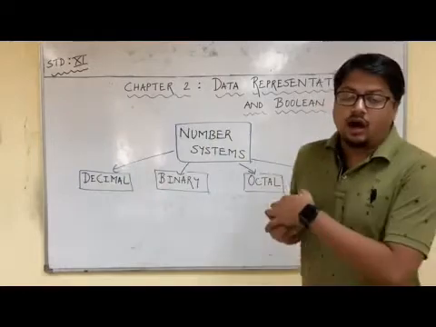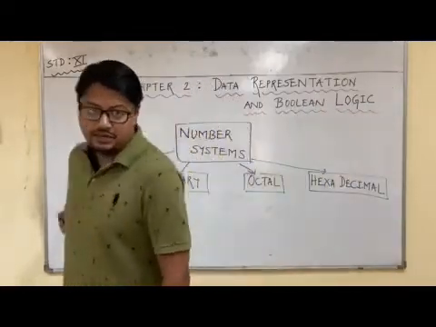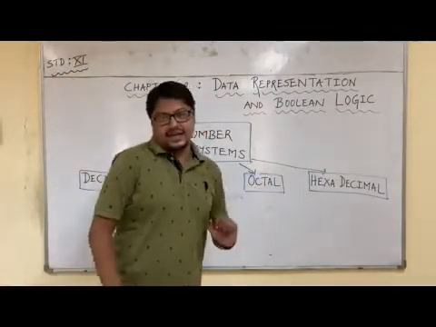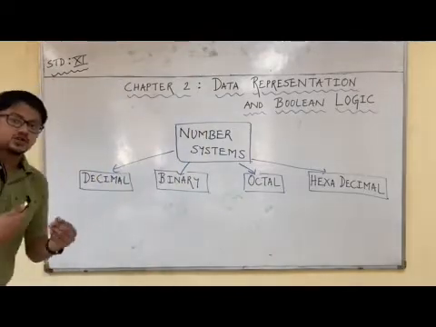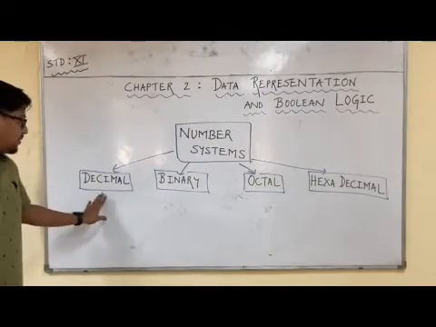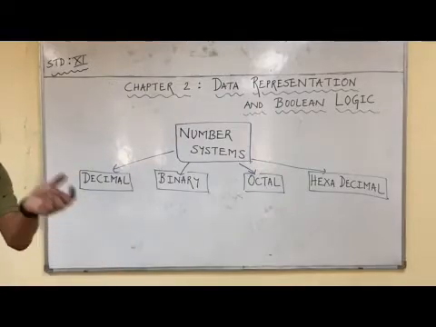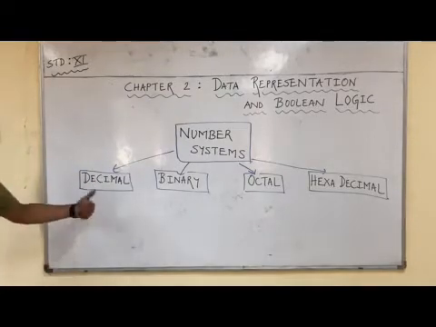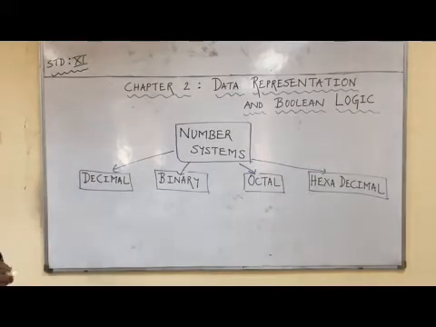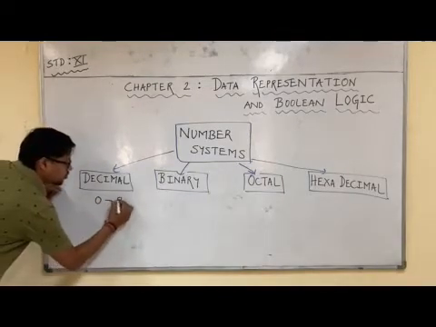Okay, now students, let us see what are the basic number systems that we are going to discuss in this chapter. The basic number systems in computer science terminology can be decimal, binary that we know about, octal and hexadecimal. Now let us have a short introduction of each of them. Forget about maths students. In maths, decimal numbers have a different terminology. It means whatever we are writing after the decimal point. This has no relation with maths. This is totally different. In computer science terminology, a decimal number is a number which is made out of the digits 0 to 9.